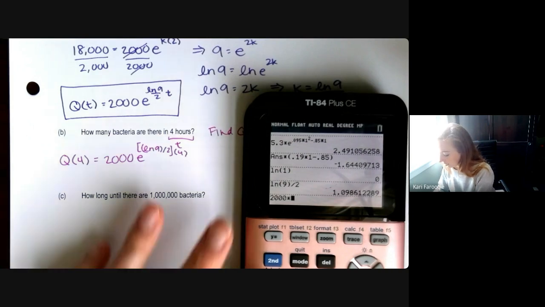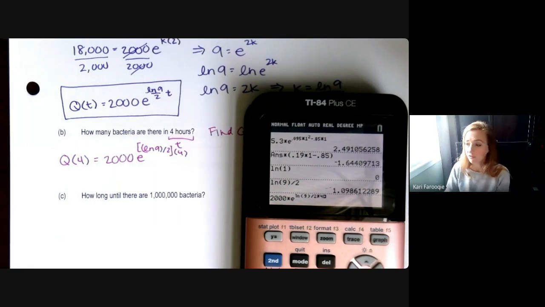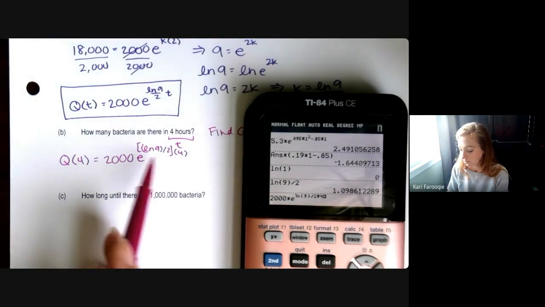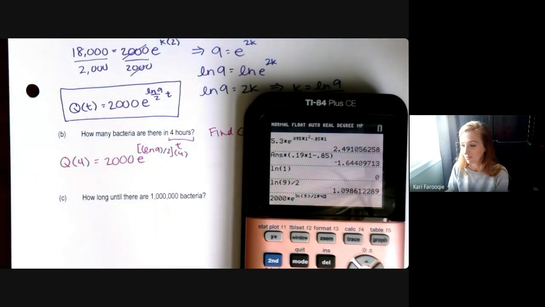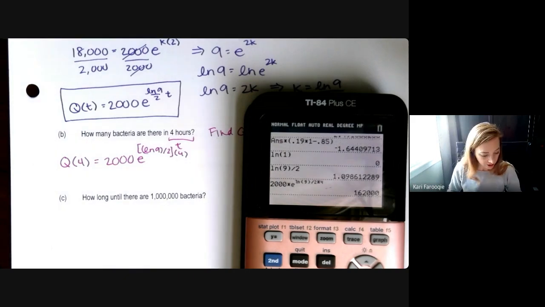2,000 times e to the ln 9 over 2. So ln 9, don't forget to close that parenthesis, divided by 2 times 4. Your calculator knows to take the natural log of 9 and divide by 2 and multiply by 4. Even if it knows to multiply by 4, then divide by 2, it's the same thing. So it'll know what to do. Just make sure everything is still staying in the exponent. And when you do that, you get a value of